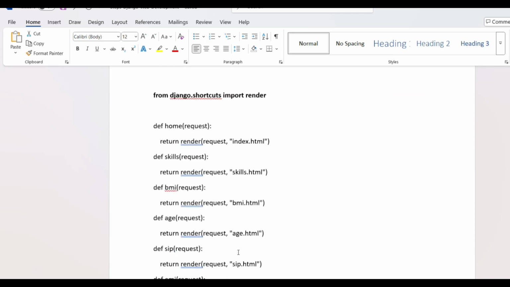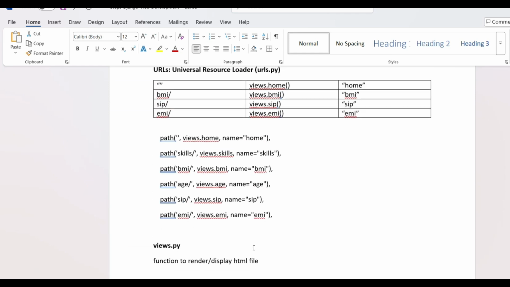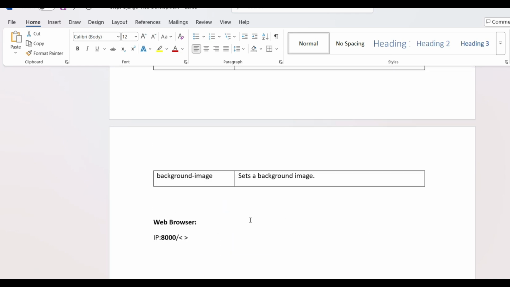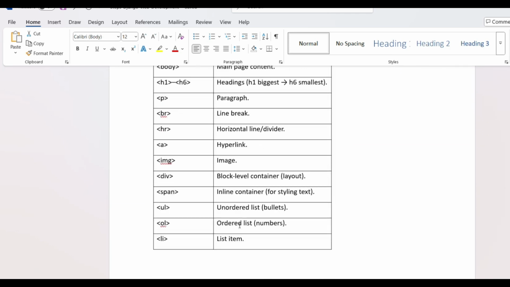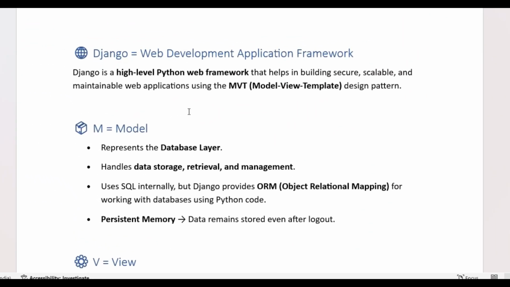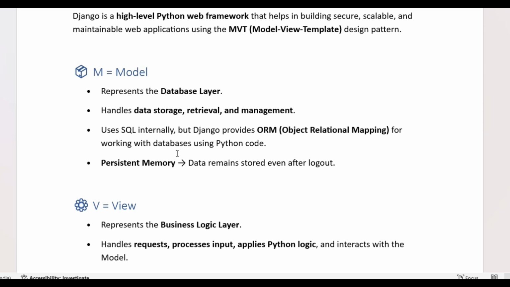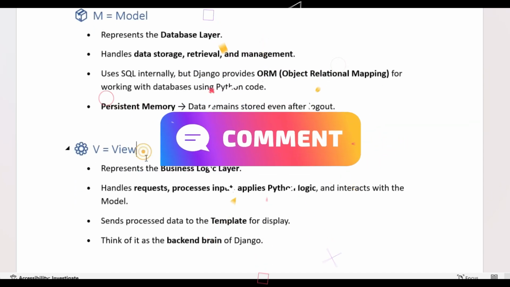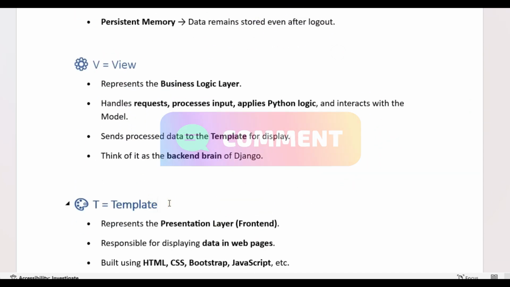The first one will be the request, and the second will be the template, since all these files should be found under the template directory, so it can get the HTML files. It will try to look in the template directory. So with CSS and HTML, you understood what the Django framework is: a high-level Python web framework which follows MVT, model, view and template. In this one, did you follow the model? No. In the next few videos we will cover how to use the model. Views we have covered, and templates we have covered in this video.